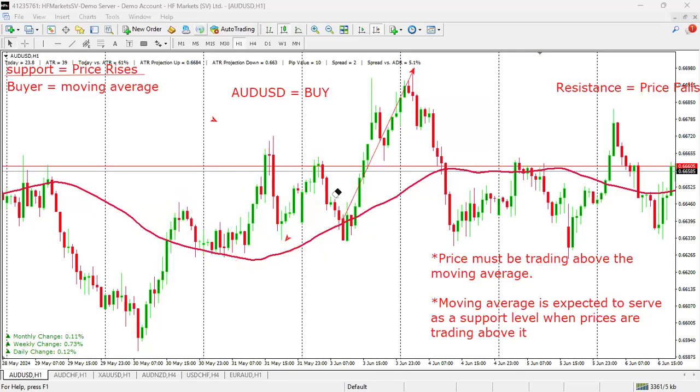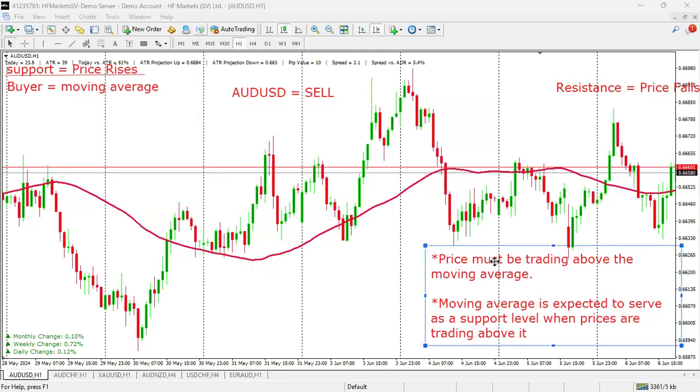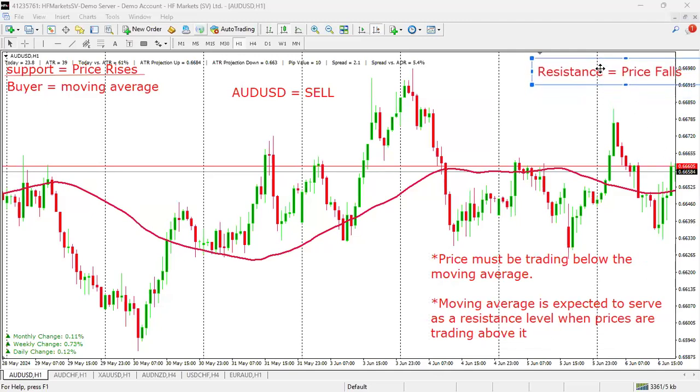So let's take another example. In the case where your analysis in the market is for you to sell AUD USD, we're going to change the metrics here. For you to sell, price must be trading below the moving average, not above, below the moving average. And then also, the moving average is expected to serve for you as a resistance level when prices are trading below it. So in a situation where prices are trading below the moving average and your analysis in the market is to look for a sell,